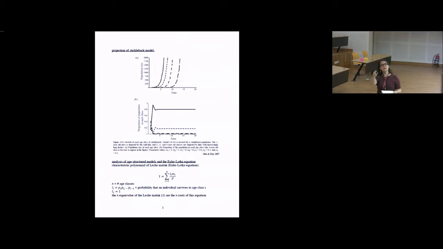Now, this projection was done just by iterating the projection matrix. But you can use this formula to calculate what those proportions should be. I've told you that lambda 1 is 2.75, so you should be able to get the 4 numbers that correspond to the heights of those 4 lines. I might have you do that in a minute.